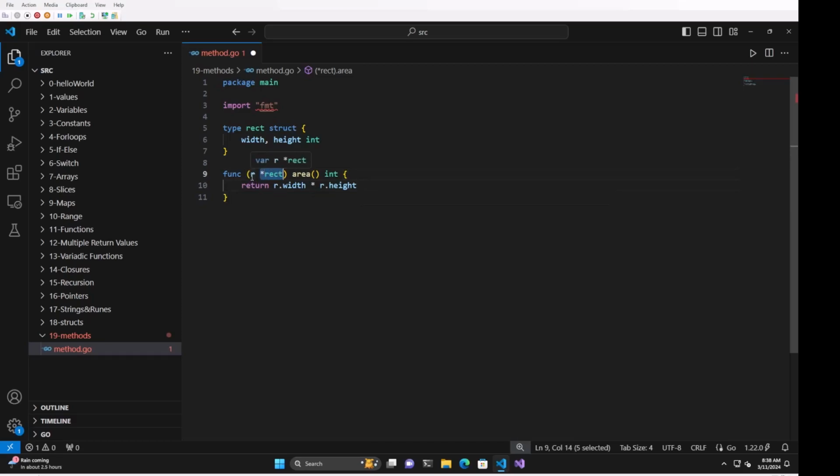So what this is called here is a receiver type. So we're defining the variable here r to rect, which is our structure up here. Then we're creating an area that's going to be an integer. And what we're doing is we're taking the width and the height, getting the sum total of that to get